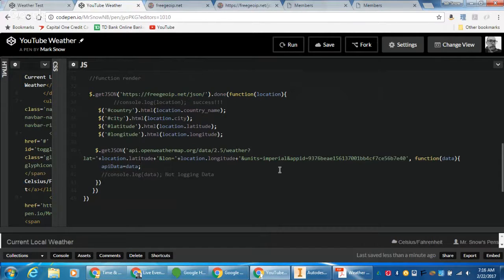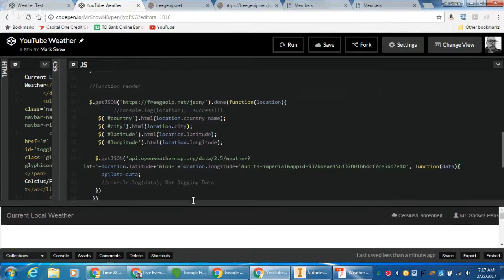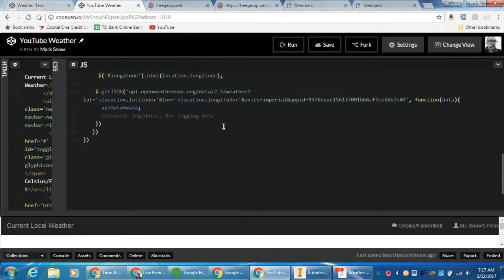What I want to do now, because I'm using the helper function up here for render, is use this render function to place data into these areas here. That's why I'm also using this global variable to help us out. But I'm not really concerned about that right now. So let's take a look at this, and I'm going to come up and troubleshoot this in a little bit, because I think what has happened is